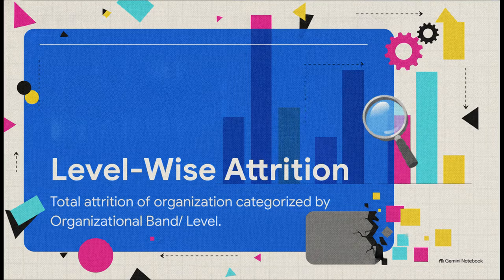Well, a lot of organizations look at total attrition as a monolith, a single giant block of data. Let's say your company has a 10% attrition rate. As a monolith, that number tells you absolutely nothing actionable. It's just a blunt instrument. What this definition asks us to do is to take that monolith and systematically smash it apart. By defining attrition strictly through the lens of organizational bands, we immediately shift from staring at a vague symptom to diagnosing a highly specific structural issue.